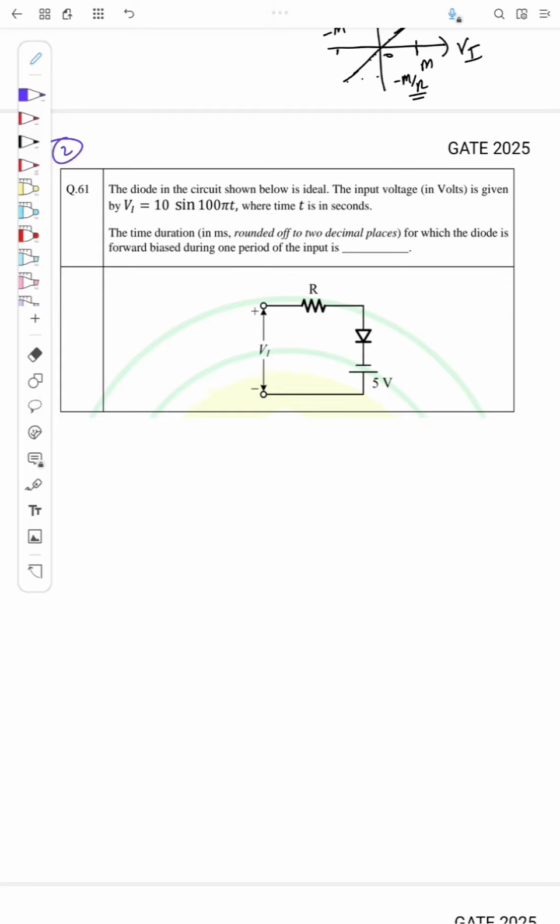It is from GATE 2025. The question is, the diode in the circuit shown below is ideal. So this is the diode. The input voltage is given by Vi equal to 10 sin 100 pi t, where t is in seconds. Okay, so given Vi is a sinusoidal signal,